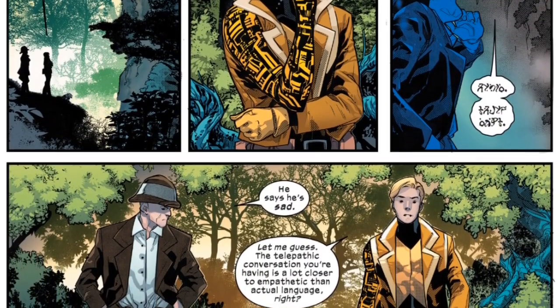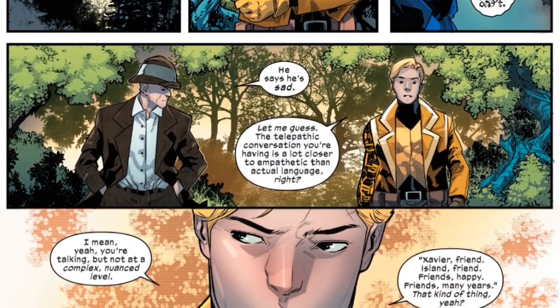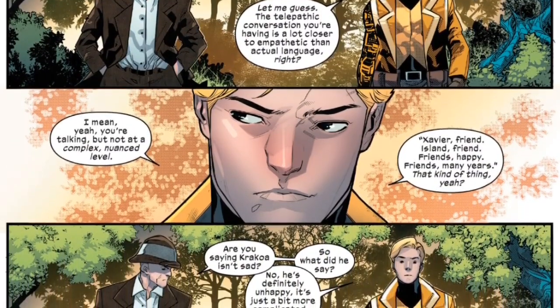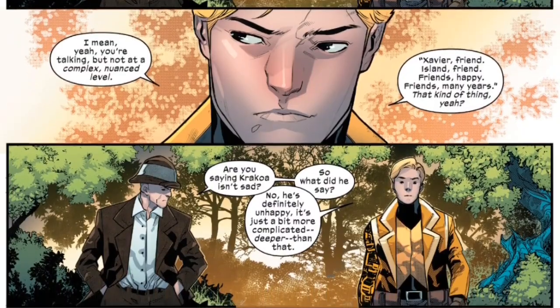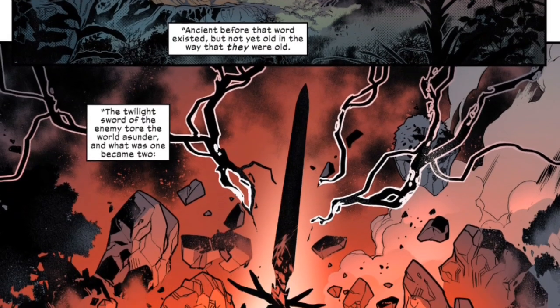And Professor Xavier has been talking to it mentally. So Doug starts to realize that when Professor Xavier talks to Krakoa mentally, it's more kind of childish. Whereas when Doug is talking to Krakoa, it's a more grown-up conversation, and he actually gets a pretty good story from Krakoa. So Doug explains how Krakoa used to be one island called Okara, and it was split in half by